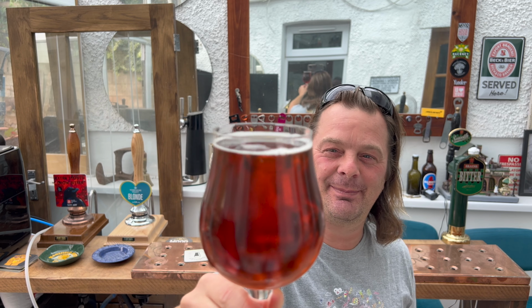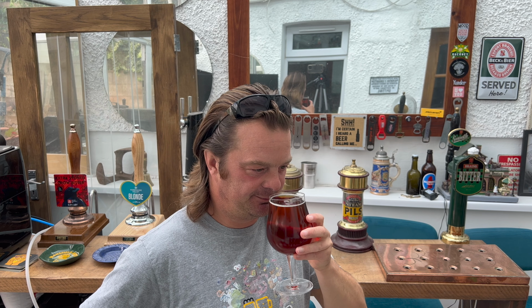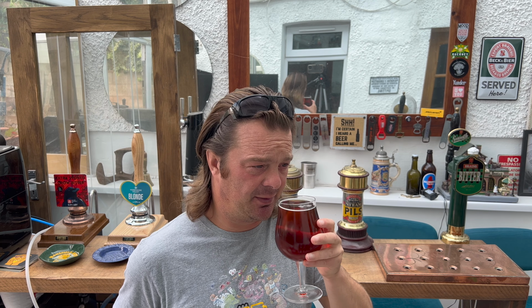Right, there is a little bit of carbonation down the side of the glass. It is amber in colour. Let's get the aroma. Ooh. It smells okay. This might be a batch issue. This might just be a batch issue, and it's really unfortunate. Really unfortunate that